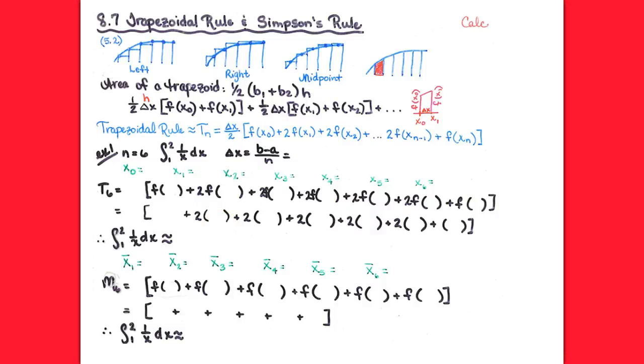All right, so section 8.7 is, again, approximating integration. Now, we know integration is area under the curve, and we learned back in section 5.2 several different ways to approximate area under the curve. We used left endpoints, we used right endpoints, and we used midpoints. So the idea there